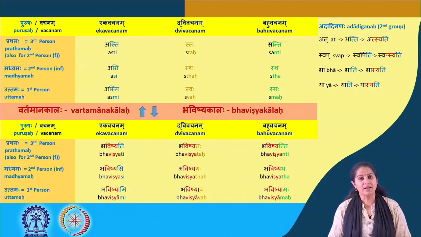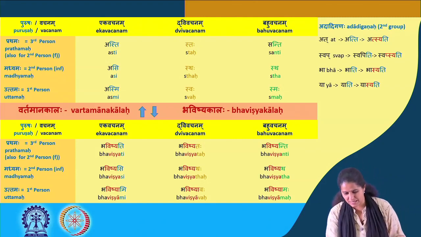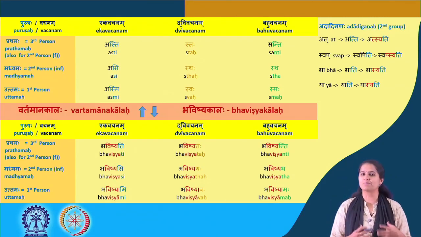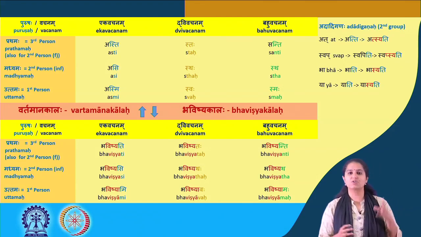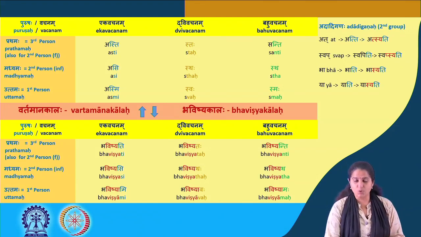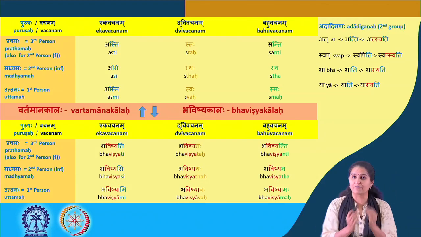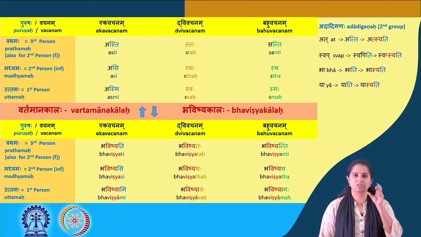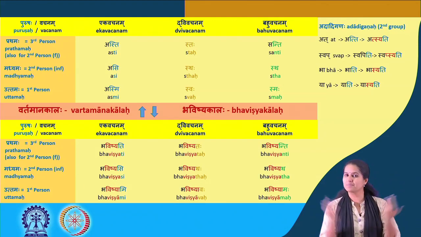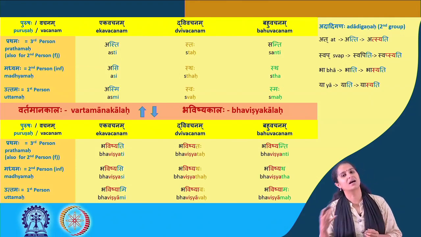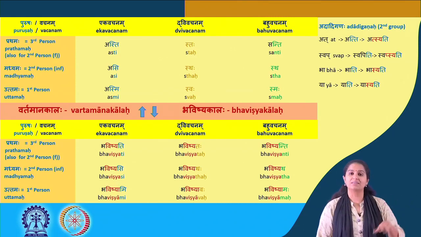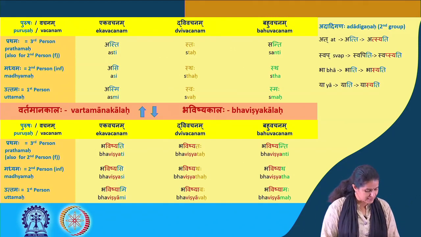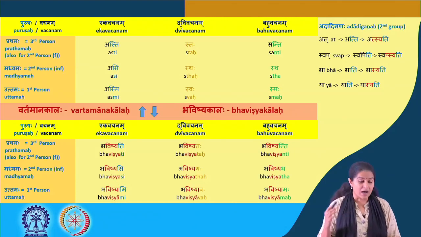In the meanwhile, let's look at the other verbs that are from this group. The first verb is ad, and the name of the group is named after that verb, atti. So ad means to eat, and you have a kind of sandhi taking place there with the consonant and the vowel. So ad, adi becomes adadi, and so on. Ganaha, the group of those verbs, and it is the second group of verbs. So ad becomes atti, and then it is attaha, adanti.